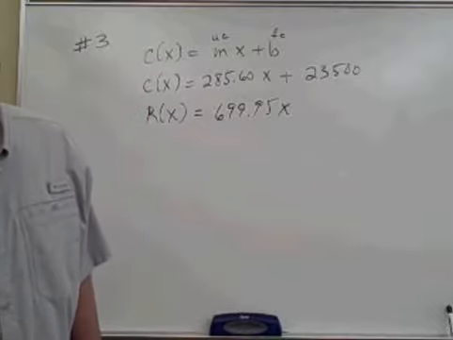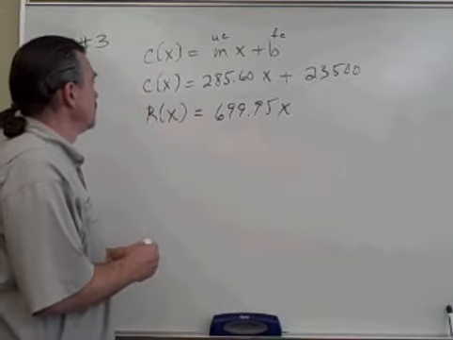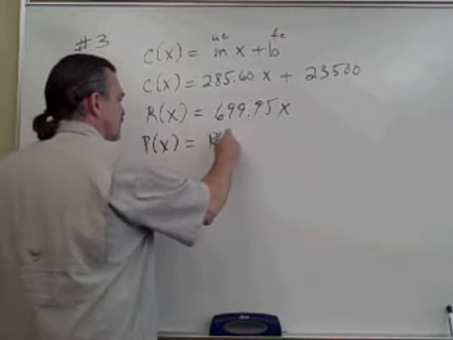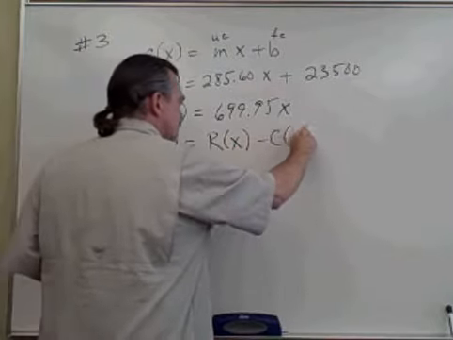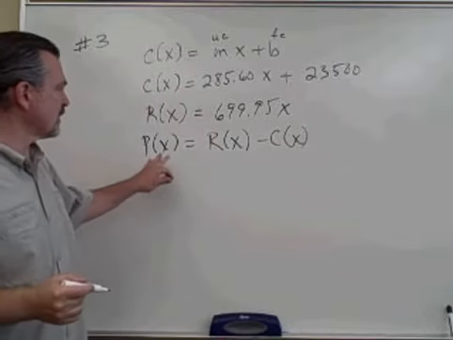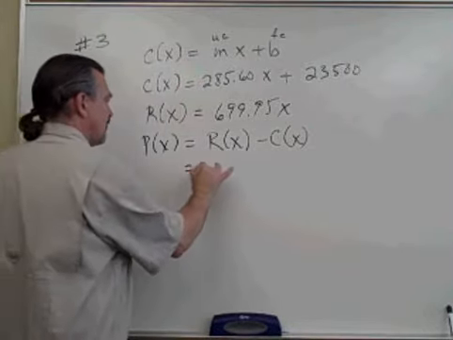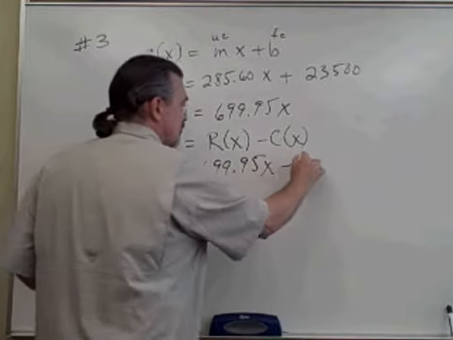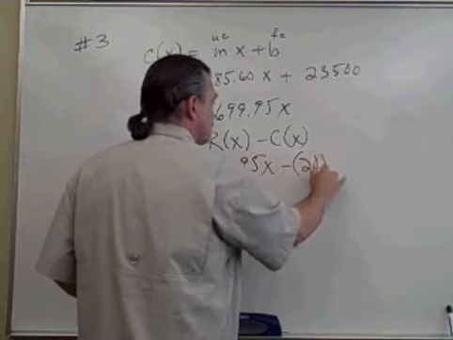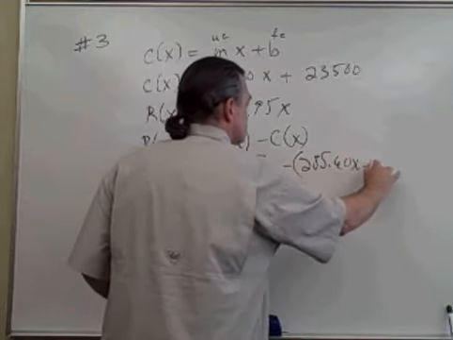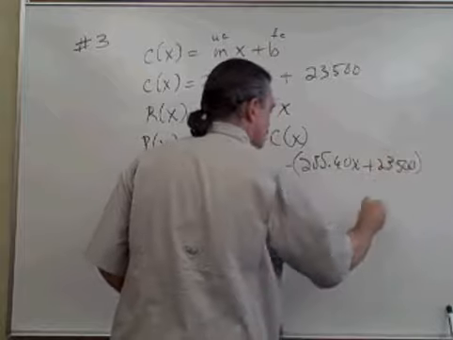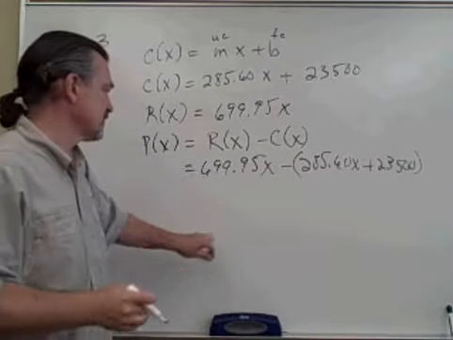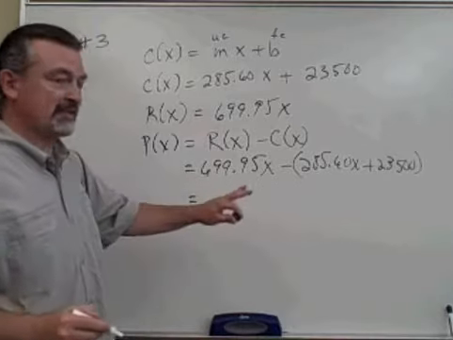Part D said, write the profit function. Well, remember, profit is your revenue minus your cost. So we can create a profit function by taking our revenue function and subtracting the entire cost function from it, which means we need to put that entire cost function expression inside parentheses. And then when we do that subtraction,